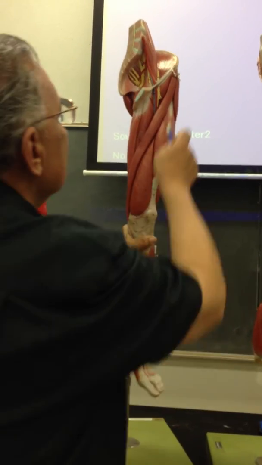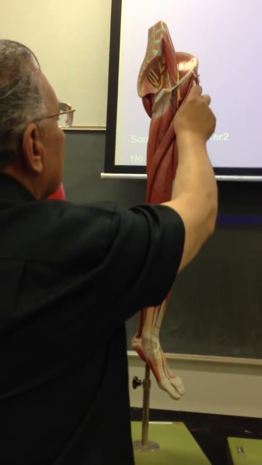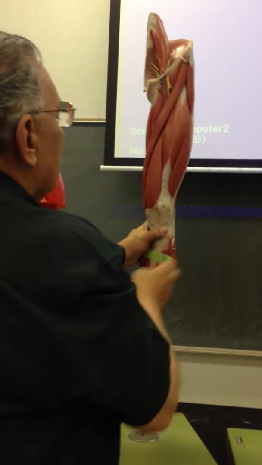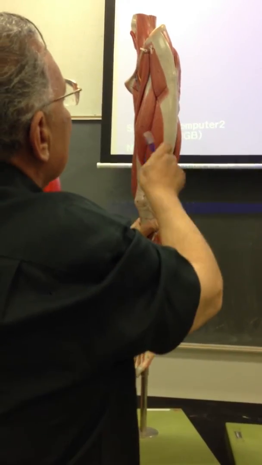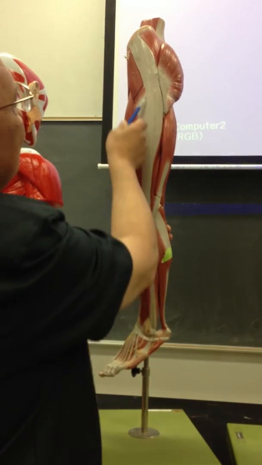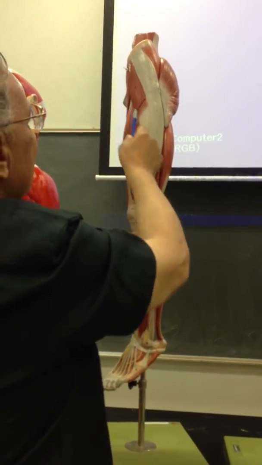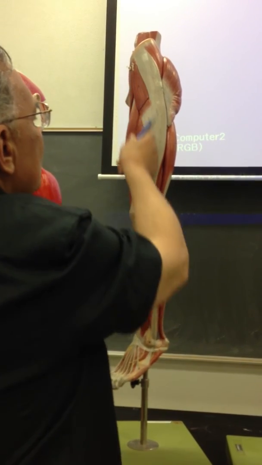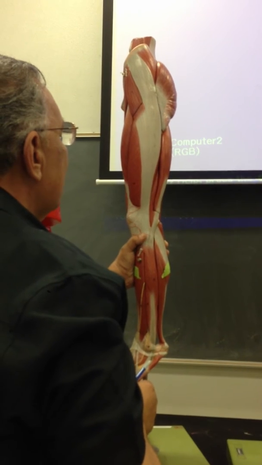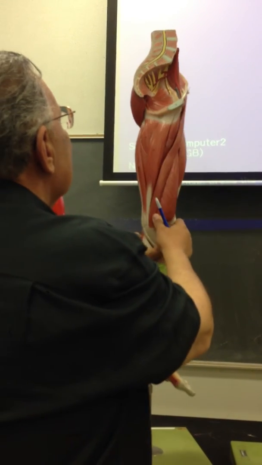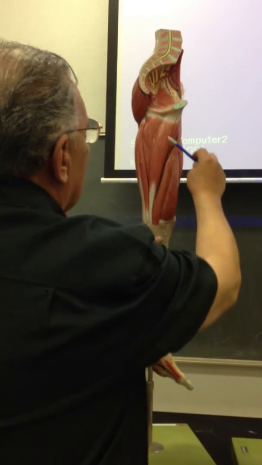And I have the longest muscle all over your body, which is this one, sartorius. Okay? I still have one on the side of the front of thigh. As you see, it's made of fascia all together, and that's why it has a very small flesh area. We name this one tensor fascia lata. If you go to the medial side of thigh, the most prominent one, which is the largest,